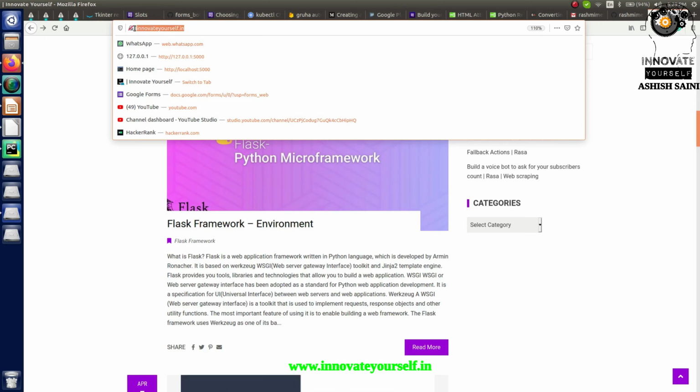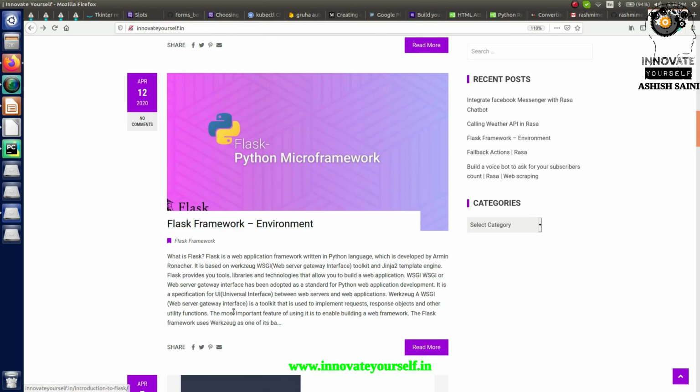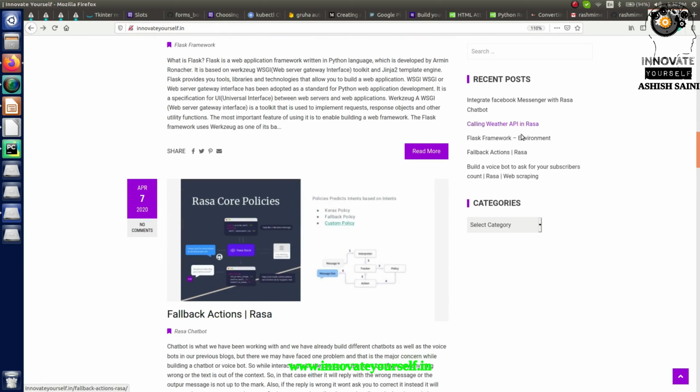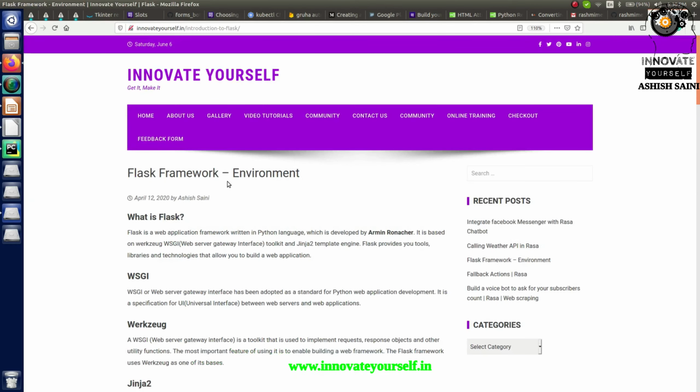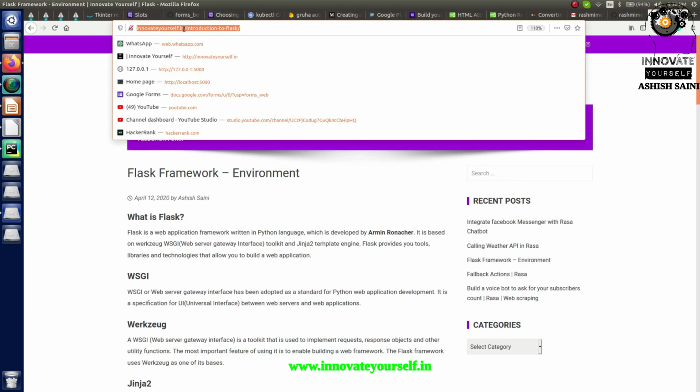You can see this is a URL, or you can also say that this is a domain name, which I have opened. Now, if I click on any of the links which I can see on this page, you will be able to see that it will be redirected to some different page. And you can see in here your URL will be changed automatically as per the link which you have clicked on. Like I clicked on this Flask environment, so as per that, it has redirected you to some different website.